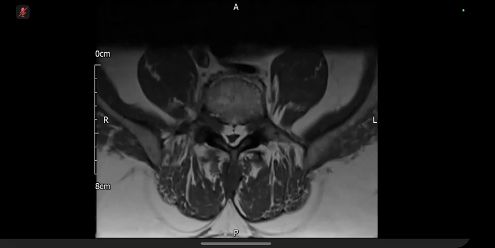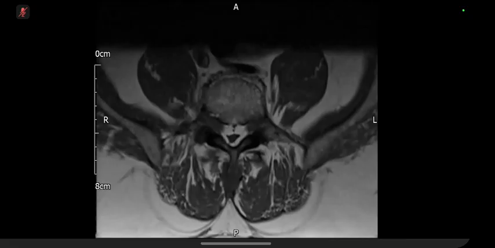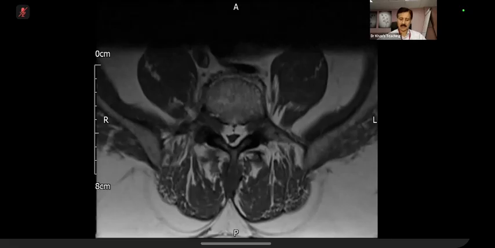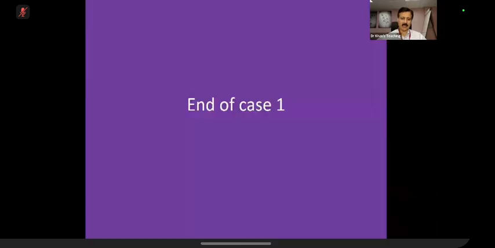High signal, so it's fat signal. Fat signal. Yeah. Conclusion: there's lipomatosis of the spinal canal. Have you ever seen this case? No. Okay. So the point is that